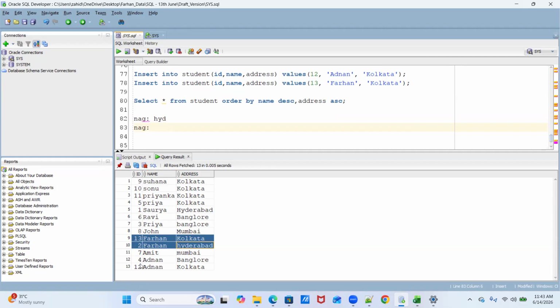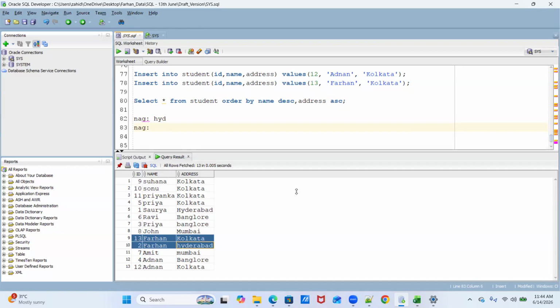Similarly for Adnan, I inserted two records with the same name but different addresses. In this scenario only, this query comes into picture. If there is no matching name, then there is no use of this query.